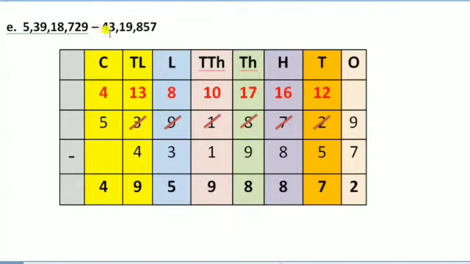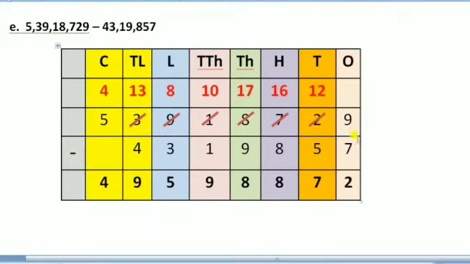We have to subtract 43 lakh 19,857. Again process is same. Headings are defined. Bigger number is arranged as per the place value with minus sign. Smaller number is placed along with the place value. Let us start from one's column. 9 minus 7. Yes, it is possible to subtract 7 from 9. So 9 minus 7 becomes 2.